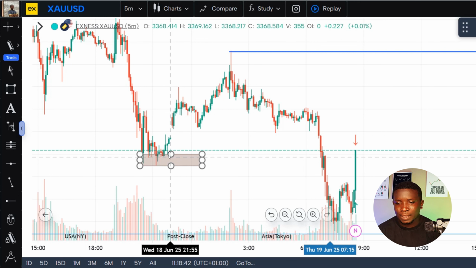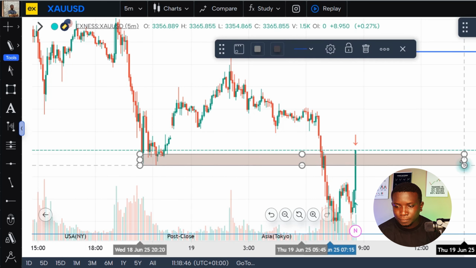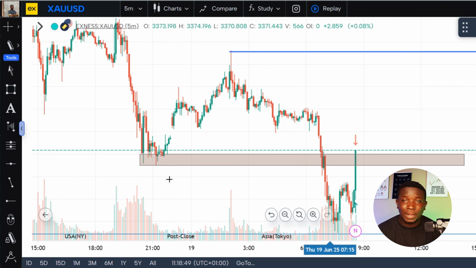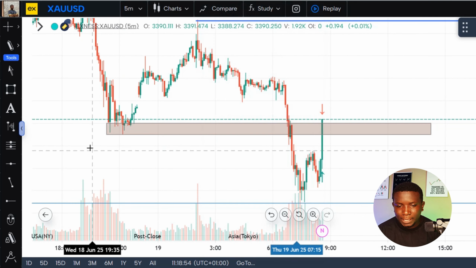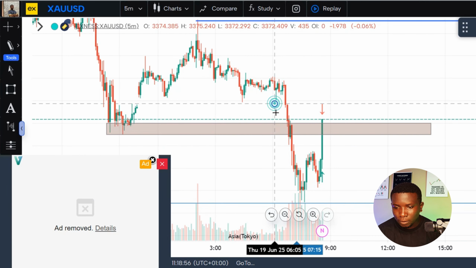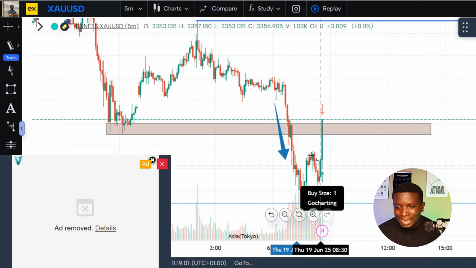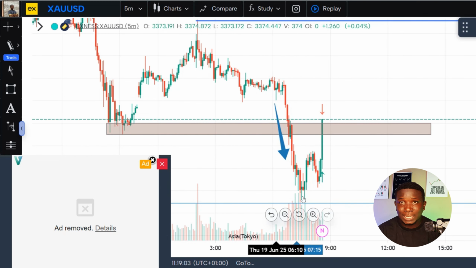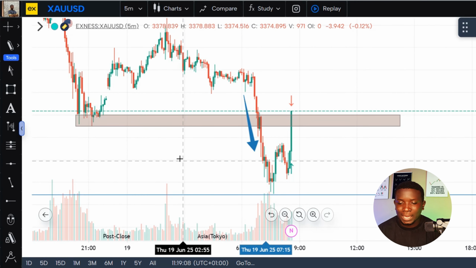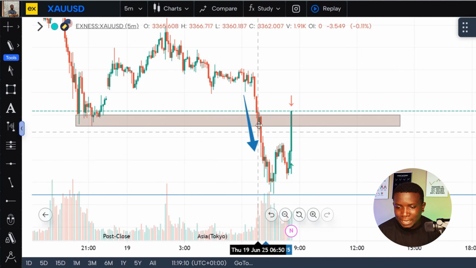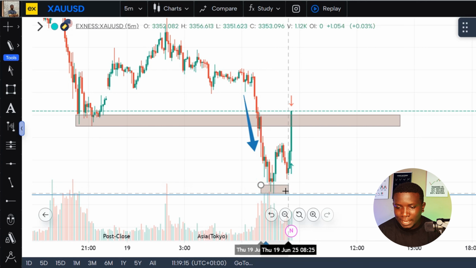So this high right here and this liquidity right here make me know that a lot of things are going to happen. Fortunately, the market went all the way to this level, and I've been checking this trade for a long time, all right? I was expecting this market to break below this level, have a little rejection back to the upside, and then break the liquidity being created at that level. But unfortunately, it didn't happen that way, okay? After going to the downside, the market went up and didn't break this liquidity right here, okay?